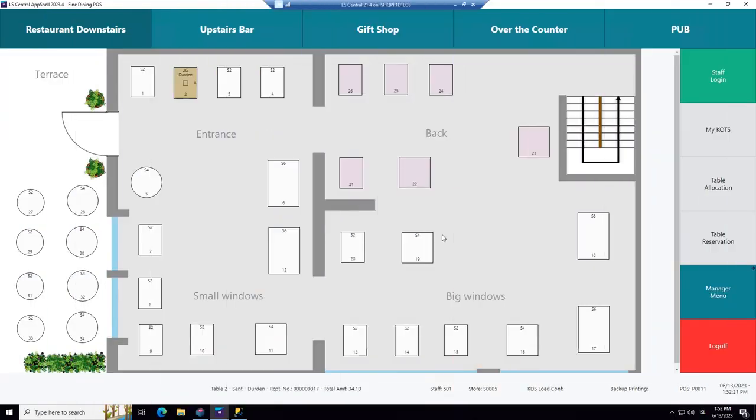So let's continue to learn more about hospitality. We have already seen how easy it was to put items into a table, either in the restaurant downstairs or upstairs bar. And wasn't it just like retail POS when you open the POS? And believe me, everything in the setup of the POS itself is just the same as it is with retail POS. You can edit buttons, edit menus, and things like that. The difference is this pre-start window here with the different hospitality types.